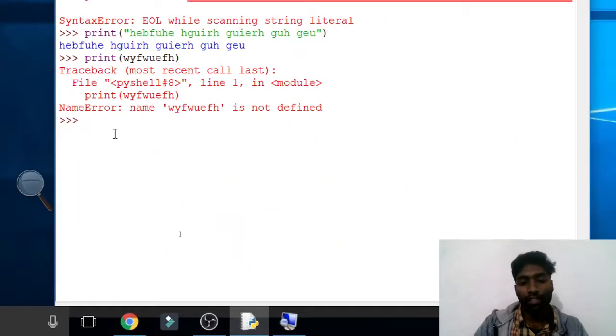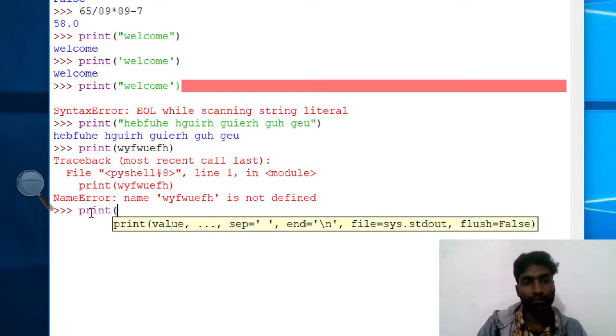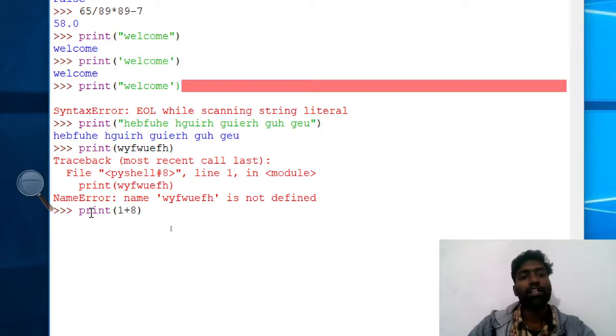My dear students, this is only for text. Only text you should mention inside double quotes or single quotes. If you are mentioning a number, you should not use any quote. Example, print, 1 plus 8. This is a number. If we mention a number without quotes, the computer will read it. Enter, 9.